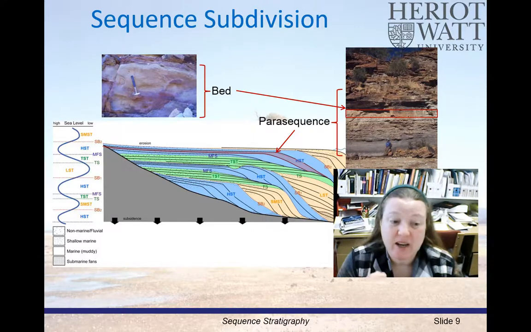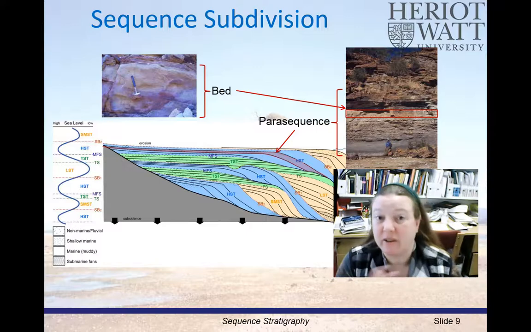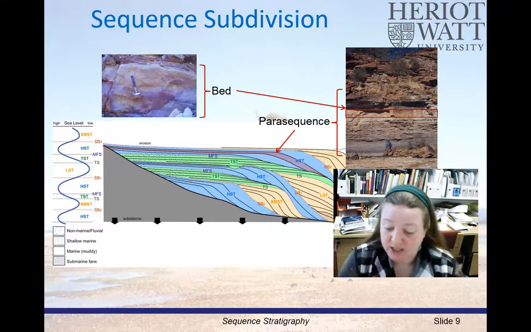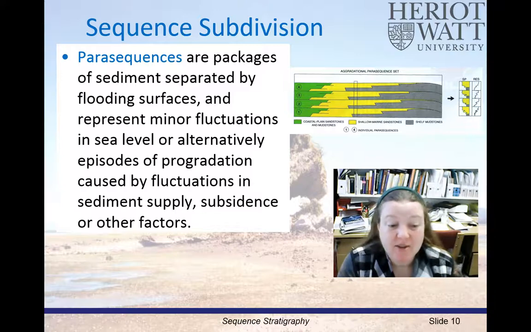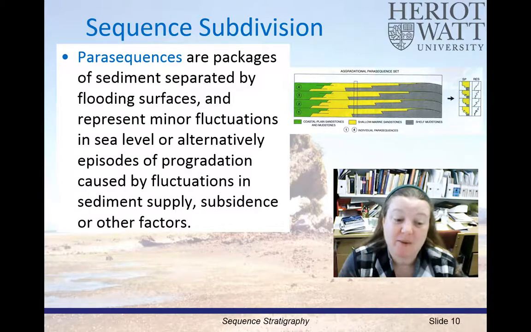They will, of course, contain a number of beds of different lithologies, just to make the terminology clear. Parasequences are packages of sediment separated by flooding surfaces. These represent minor fluctuations in sea level, or possibly just episodes of progradation caused by fluctuations in sediment supply or other factors. The pattern of parasequences is vital to the understanding of the overall trend in sea level that creates